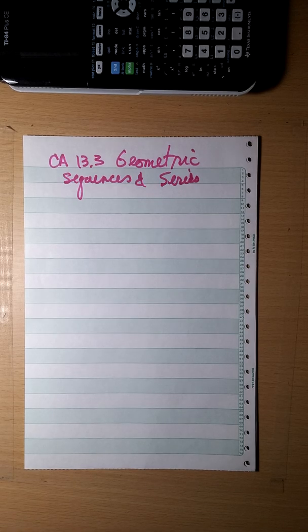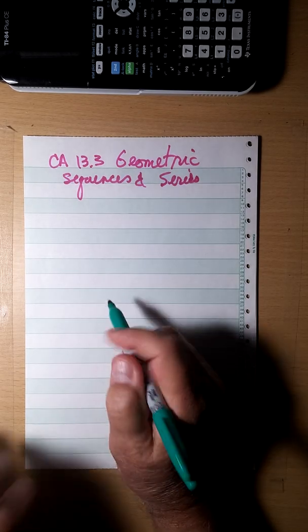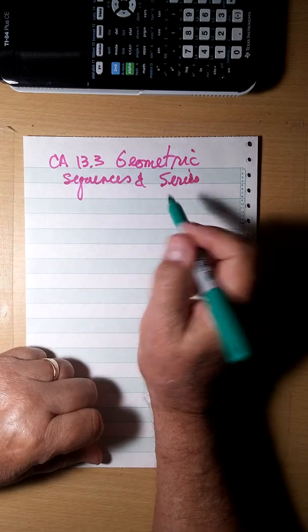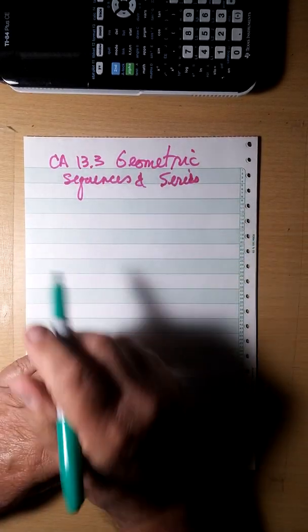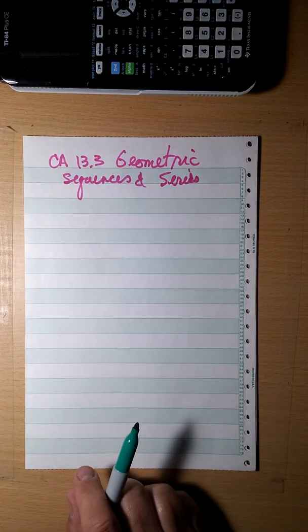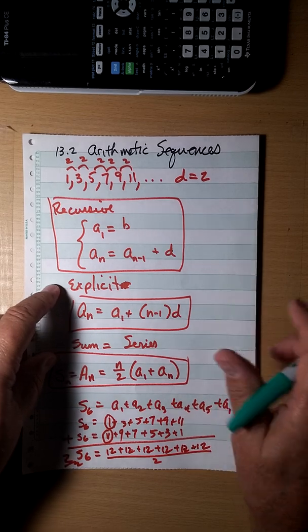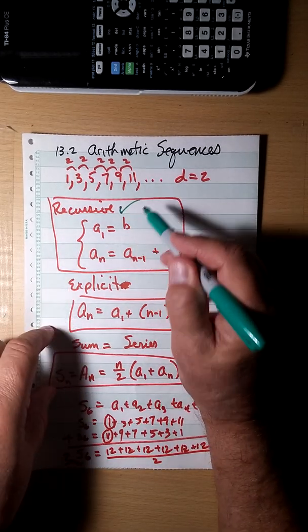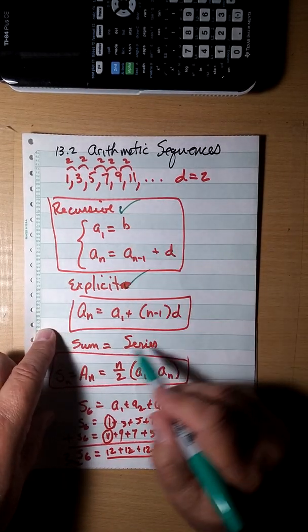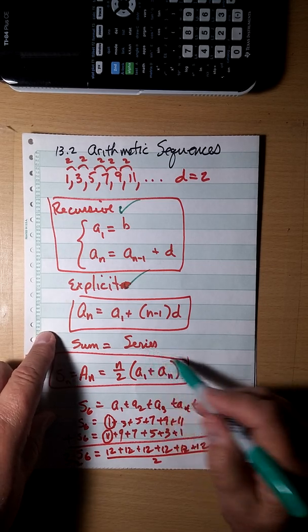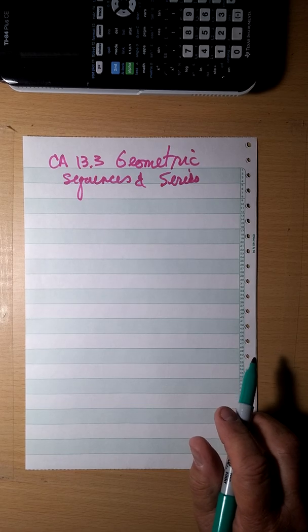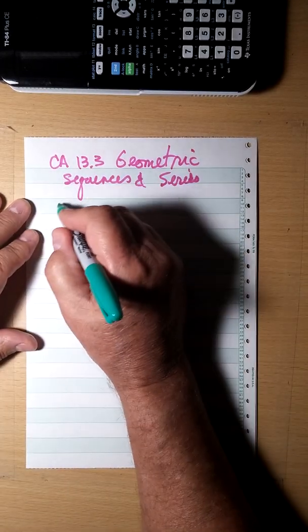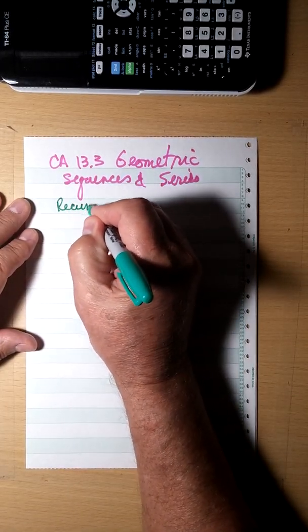The last section for college algebra, 13.3, geometric sequences and series. If you remember the arithmetic sequences and series, we had a recursive, we had an explicit, and we had a sum for a series. We're going to do the same thing for geometric. The recursive formula,